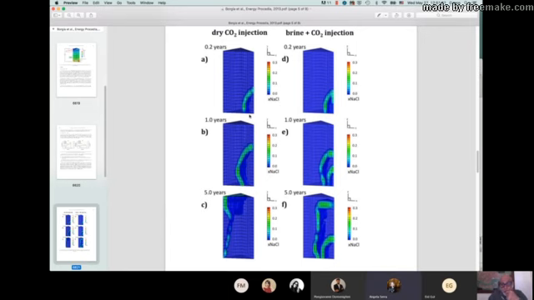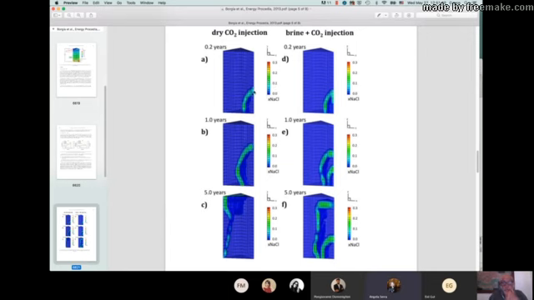So what you see is that as you start injecting, your CO2 plume develops into your aquifer, then you have a front of salt precipitation, which is about